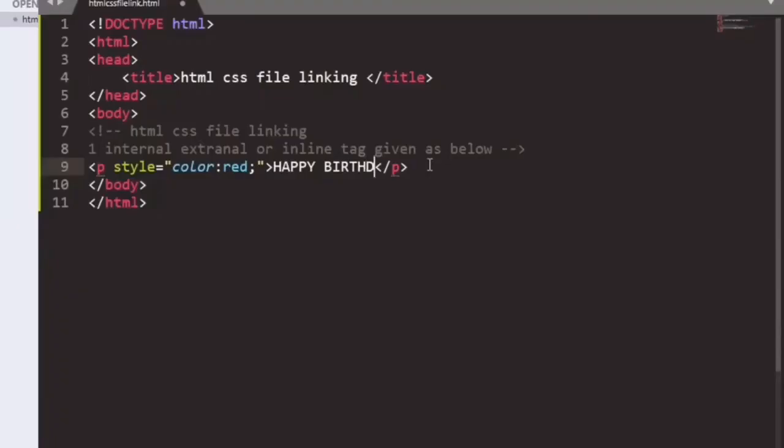The message we are printing here is, suppose, happy birthday.